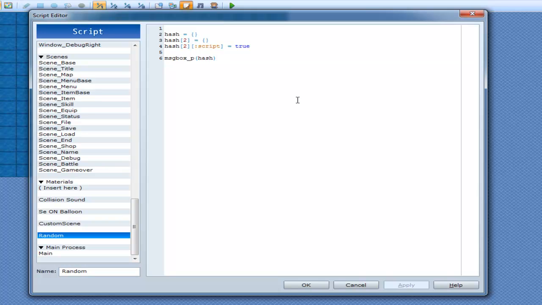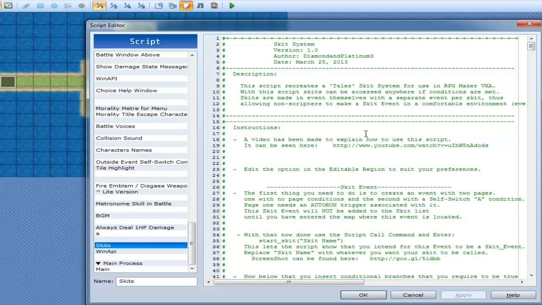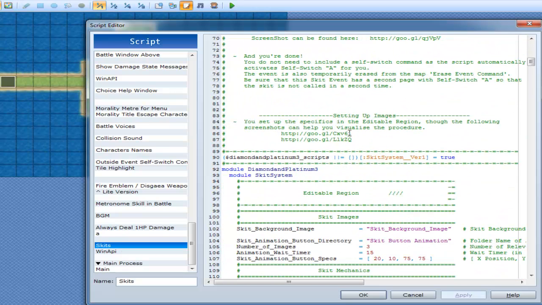Alright, and that's my explanation why I think imports are overused. Now, if I go through all my scripts and look at import, which I don't ever use, the only thing I've used it for is my skit system, which I made recently. I don't name mine imported, I name mine that so other people don't touch it. Alright? The reason why I'm using import for this script, and I don't think I'm using it for any of my other scripts, I'm pretty sure I'm not, is because eventually when I get around to it,